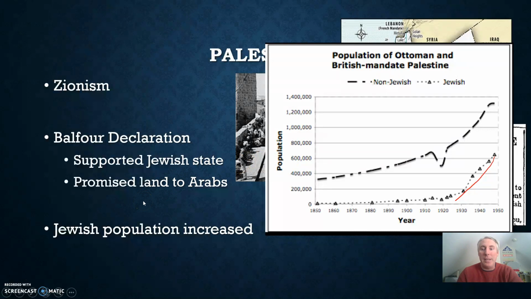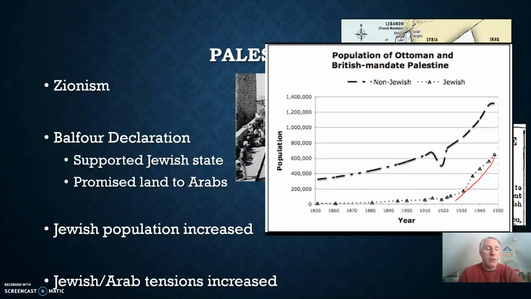Anti-Semitism also was increasing in Europe during this time. The Zionist movement continued to build momentum. And eventually, as I just said, the tension between the two groups is going to build. And this building conflict would only get worse after World War II, and unfortunately and tragically continues to this day.